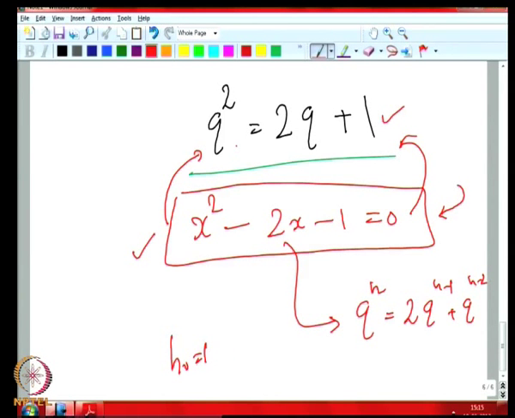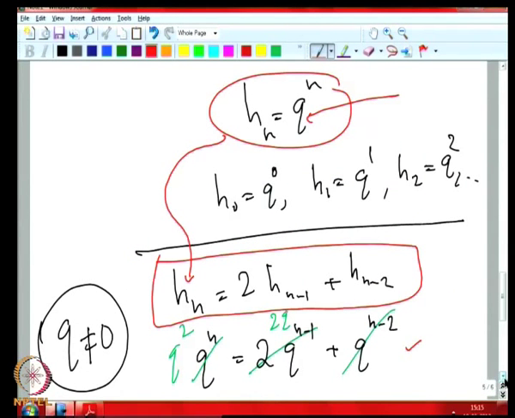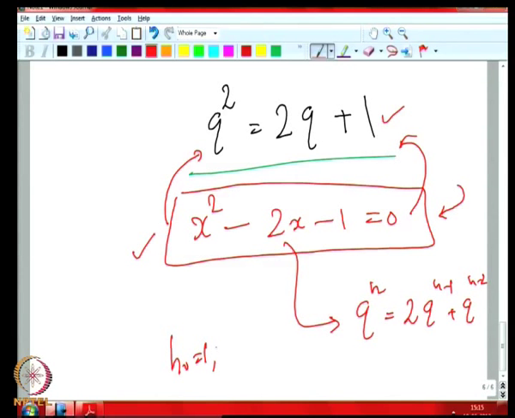In this case, this recurrence relation is written for all n greater than or equal to 2, right. So h0 equal to something, h1 equal to something, we will have two initial conditions for this kind of recurrence relation. The point is we have to make sure that these initial conditions are also satisfied by our